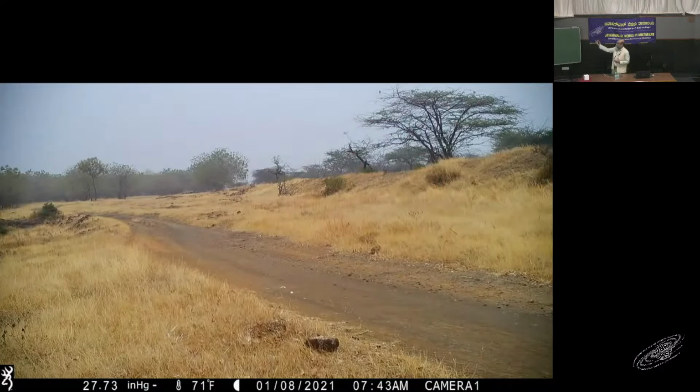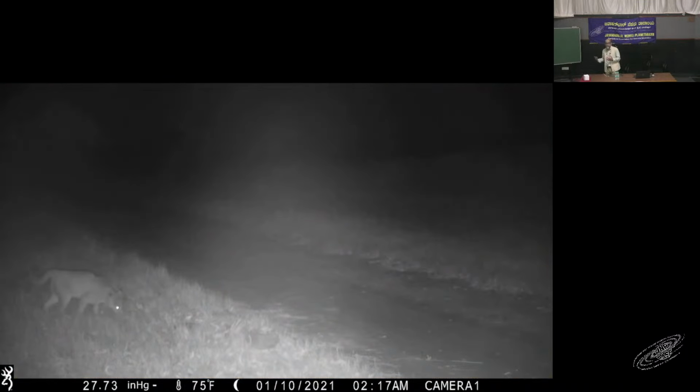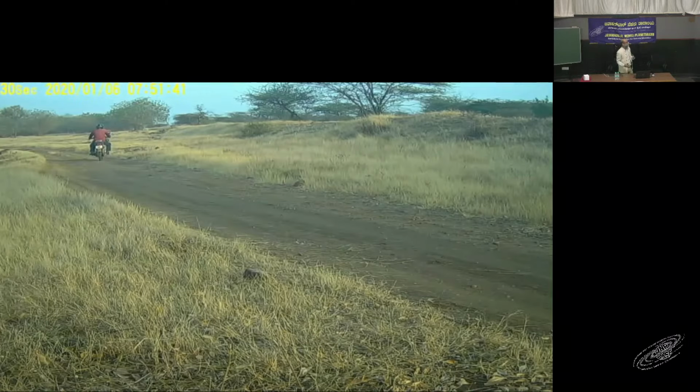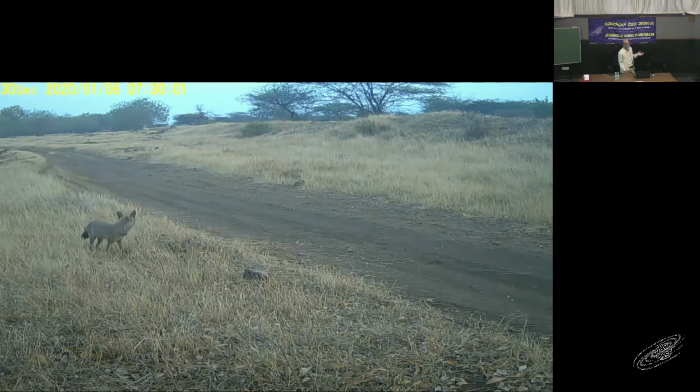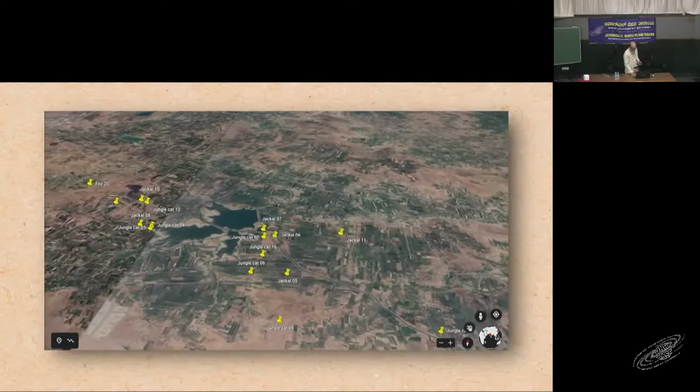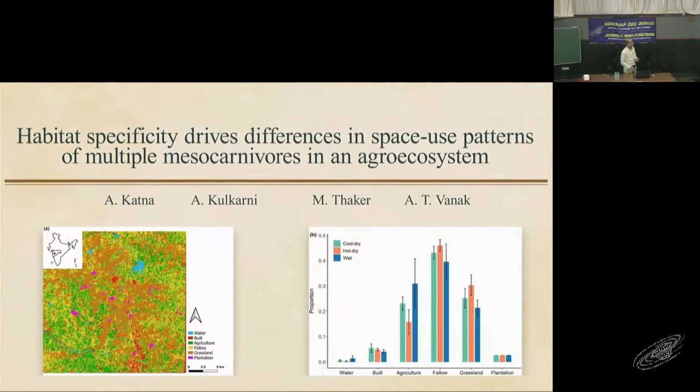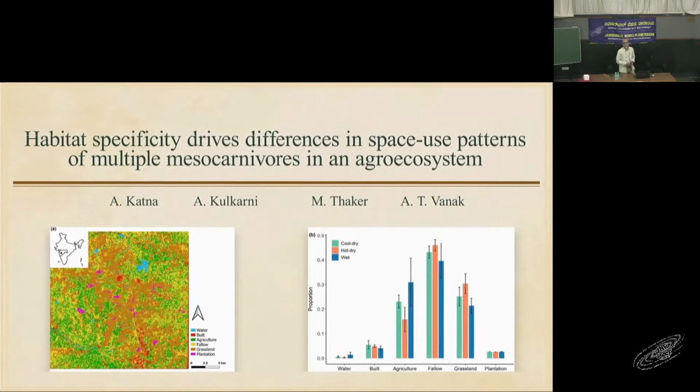How are they dealing with all of this traffic, this human presence here? So some species don't mind so much. They're gone right after the people have left. Some species are using these areas only at night. And what we found, and some of this work is published, a lot more continues,